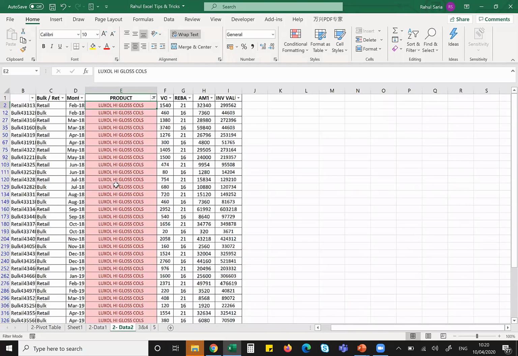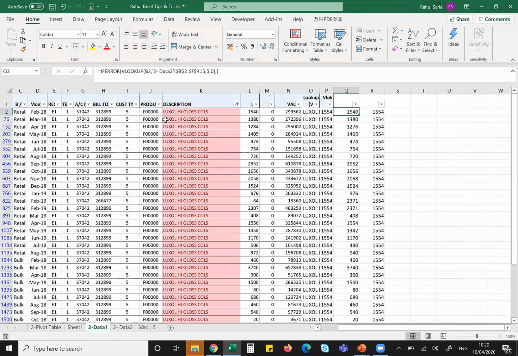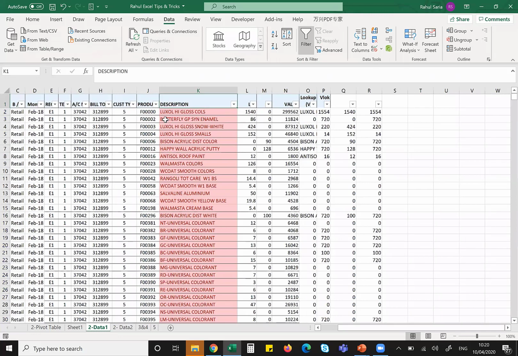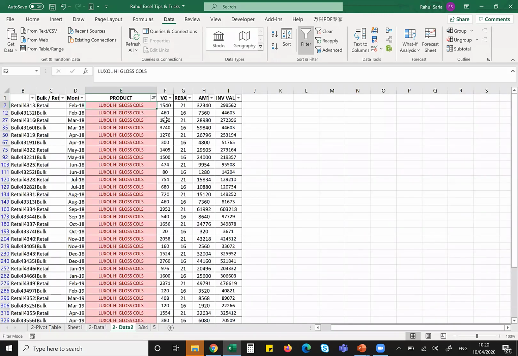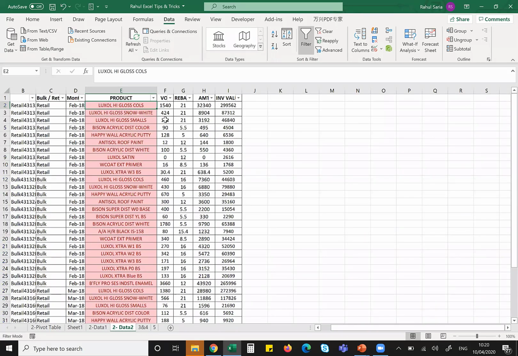Because this is a unique property of VLOOKUP. It always picks the first data that is available. It picks that particular format, right? Now the problem with this, the reason being, is that data is not unique. Now I'll teach you something related to VLOOKUP. The idea was not to show you what is a VLOOKUP because you guys know what is a VLOOKUP. How to create a unique.